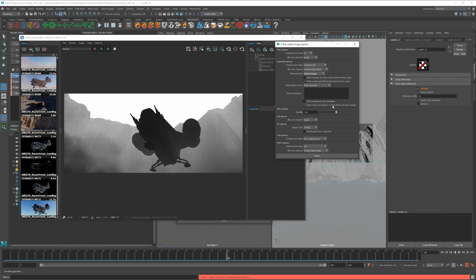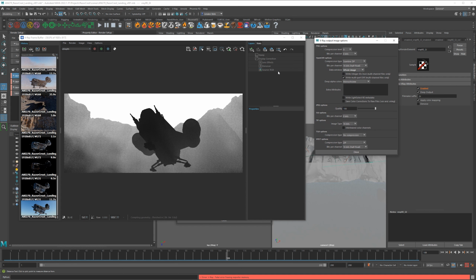Extra attributes, well, we don't really have any to add, but you can do all sorts of interesting things. If you had color adjustments saved here that you wanted to bake into the EXR, you could save that here, but we're not going to do that. So really, you don't need to even go to this option box at all, but if you wanted to see what these are and see what I set mine to, this is what I do. I sometimes do this, but for this class, Scanline is fine.